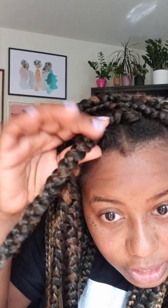So as I would braid the hair, you can see in here, I made it a point to add the gel and to make sure that I'm detangling, well, not detangling, but smoothing it and making sure to blend the hair as I braided. So I would smooth it, braid a little bit, smooth it, braid a little bit, add more gel as needed. And for me, I think that the key to making this style look clean is, one,